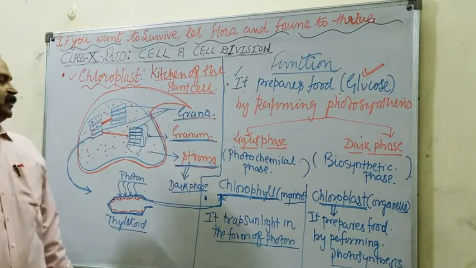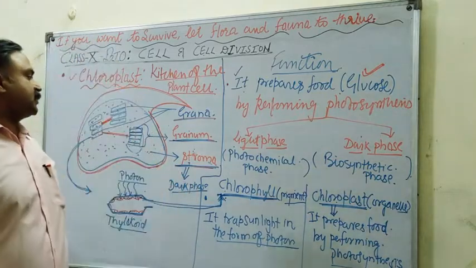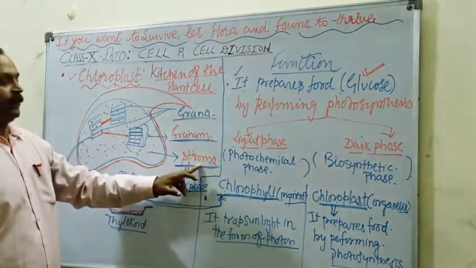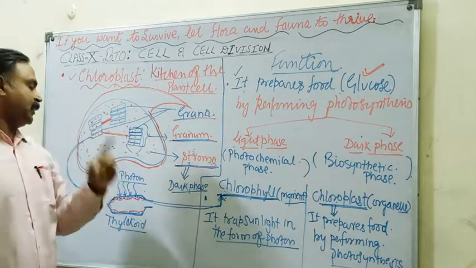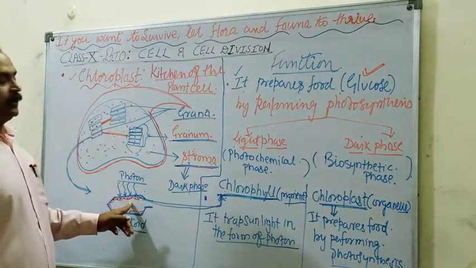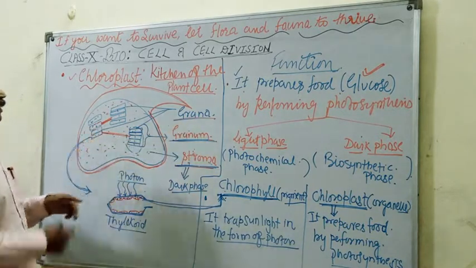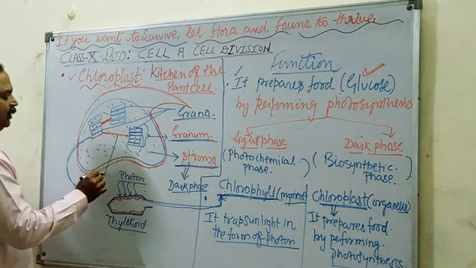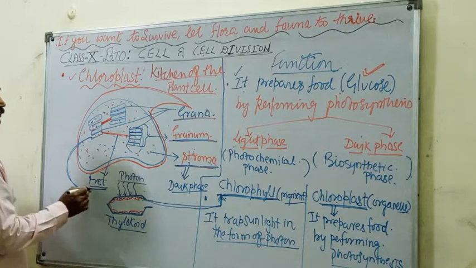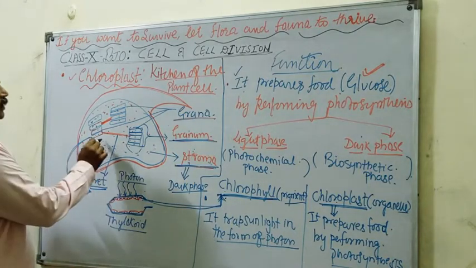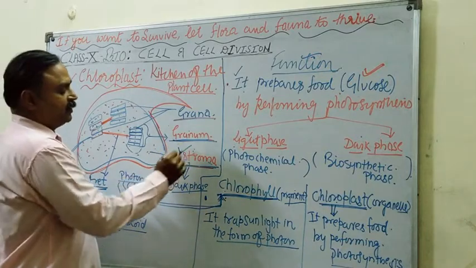Let us recap once. Chloroplast is made up of two main parts, that is granum and stroma. Now granum consists of one group of coin-like structures called thylakoids, and many groups are called grana, and these are connected by lamellar connections called fret. Isn't it? The background structure is called stroma, that is the site for the dark phase.